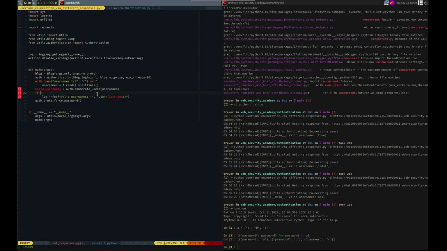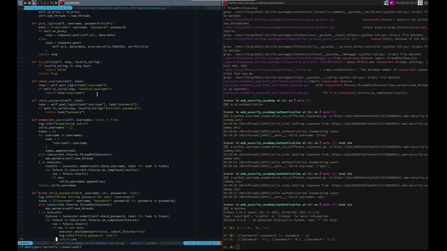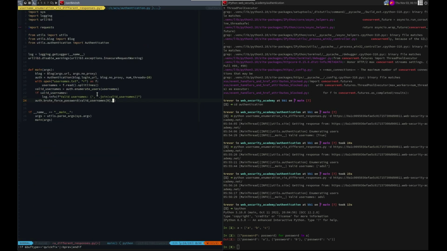Change a word, valid_usernames, and do the same here. Okay. Valid usernames, we'll do the first one, and our passwords. We need a password list. Is that right? Yep. So we'll do the same as we did here, except we'll change this to passwords